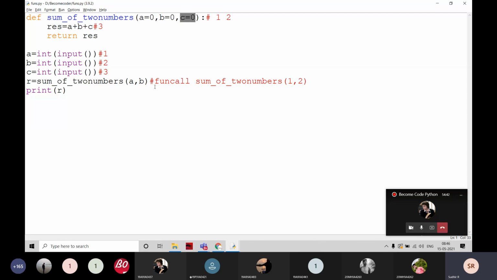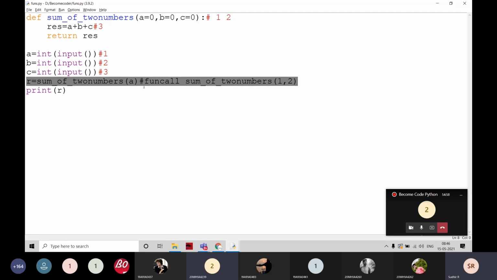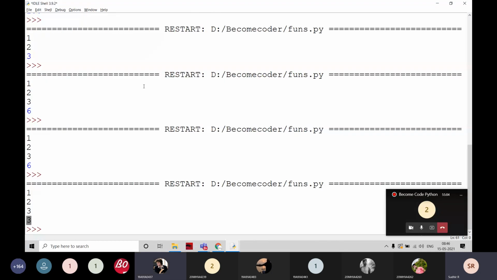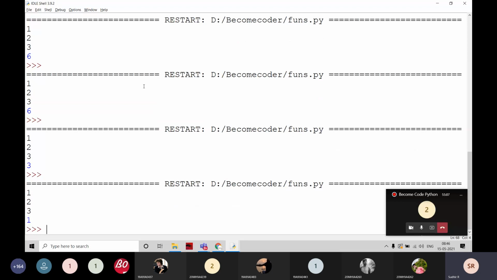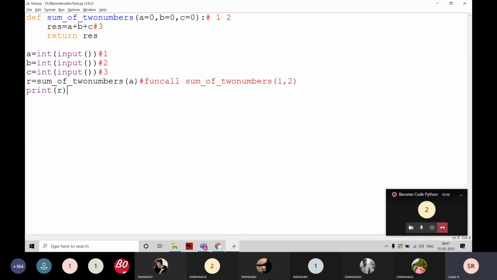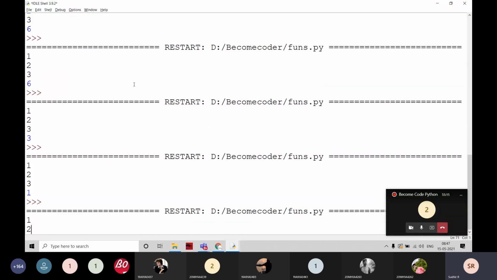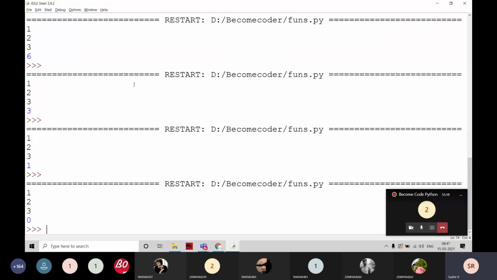We can call this method like this also now. For example, if I call like this, is it possible to call the function like this? Students, try to observe it. Only a single argument? Yes, sir. Definitely, it is going to be possible here. That means the default values are there. That's why we can call it without arguments also. The function is going to return 0 here.